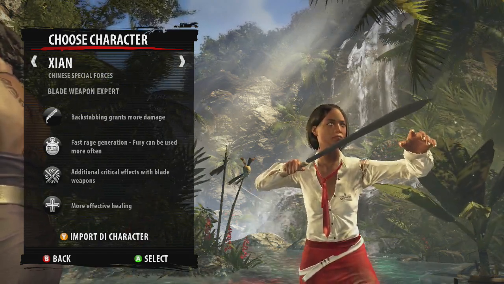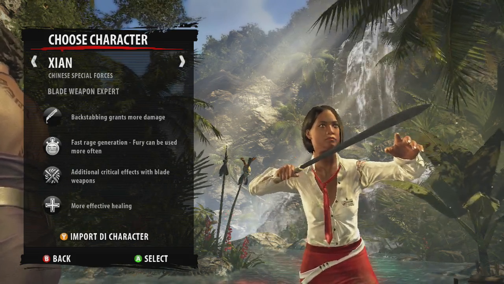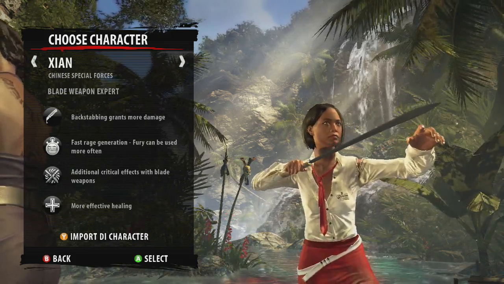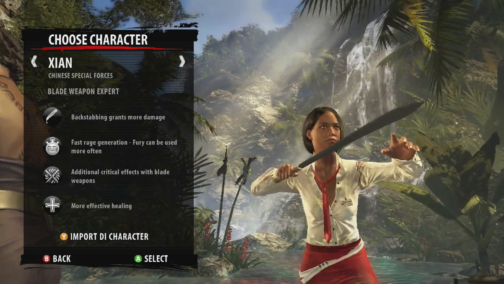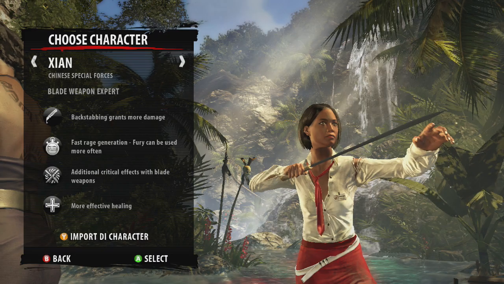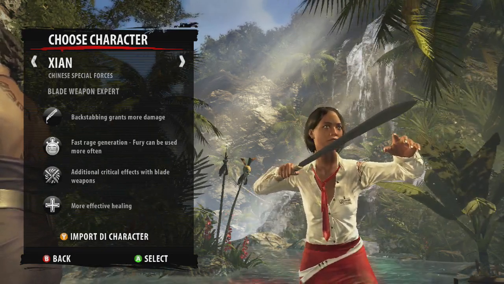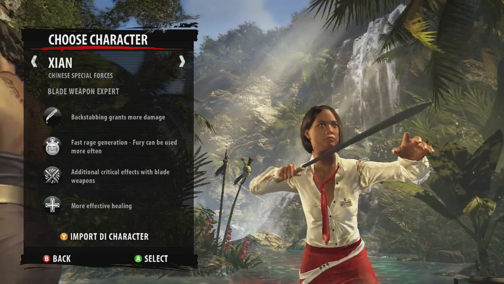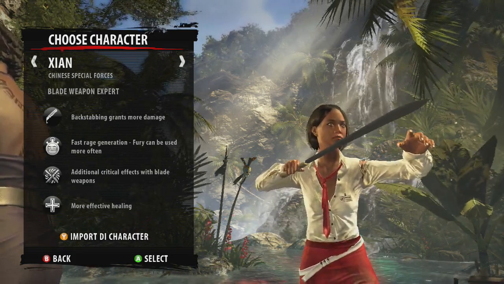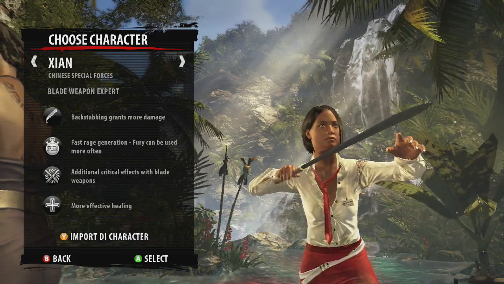She has a faster rage regeneration, and I didn't use rage in the first game, which kind of sucked, but I'm definitely going to have to try it out this game, because she can just go ape shit whenever she feels like, a lot quicker, and so that'll be a lot of fun. She's going to be able to do a lot of critical effects with blade weapons, of course. She's going to do a crap ton of blade damage, so that'll be a lot of fun killing thugs and